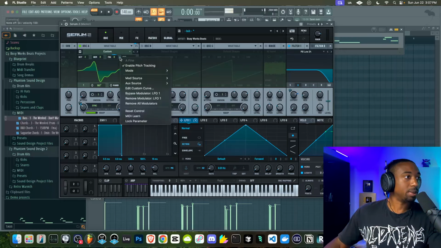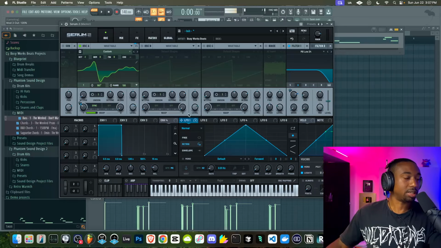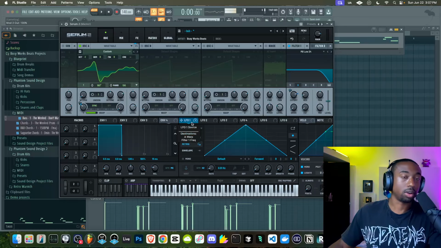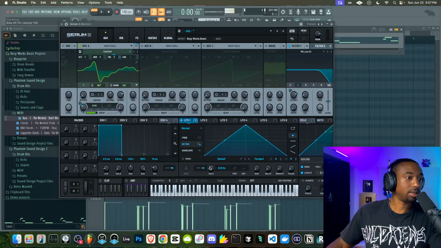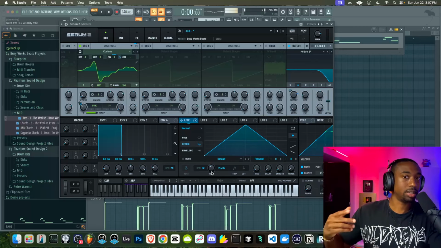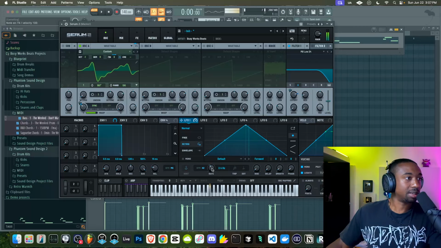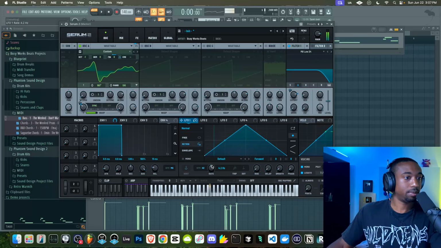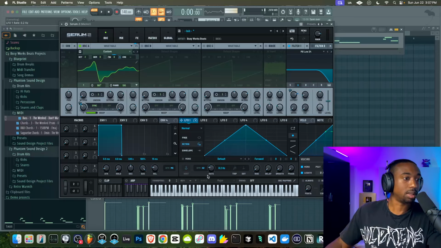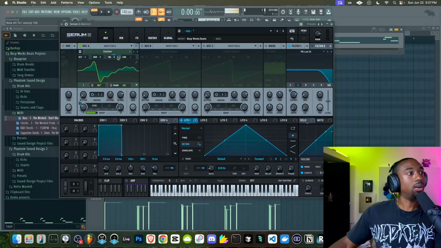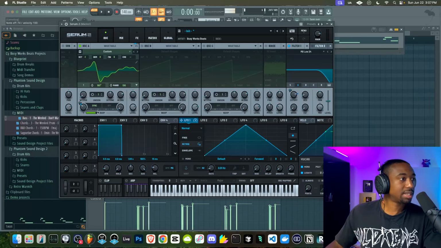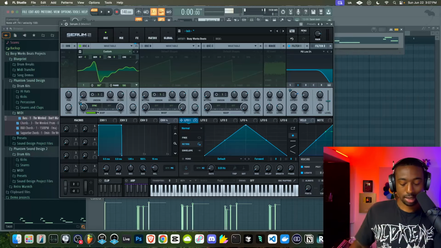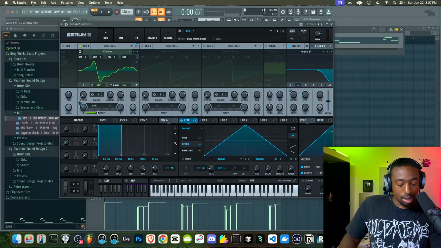Now, also we can do something different with the fine tune. Actually, let's remove that modulator, but that's another way you guys can do it. For longer notes, like if I hold this, let me speed up the rate so you guys can hear. Hear how the tuning is changing? That's basically what vibrato is. But we're doing this at a really, really slow pace. So it's 0.01. Now, I'm going to do a different thing for the fine tune pitch for now. But that's how you can add really subtle moves so that it's a little bit more modulated over time.